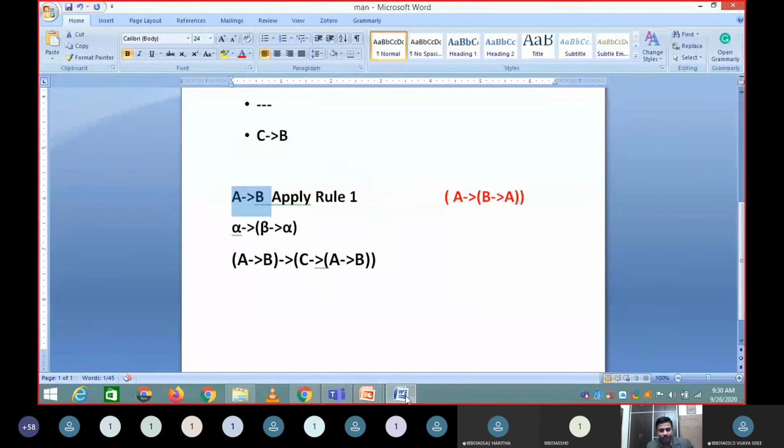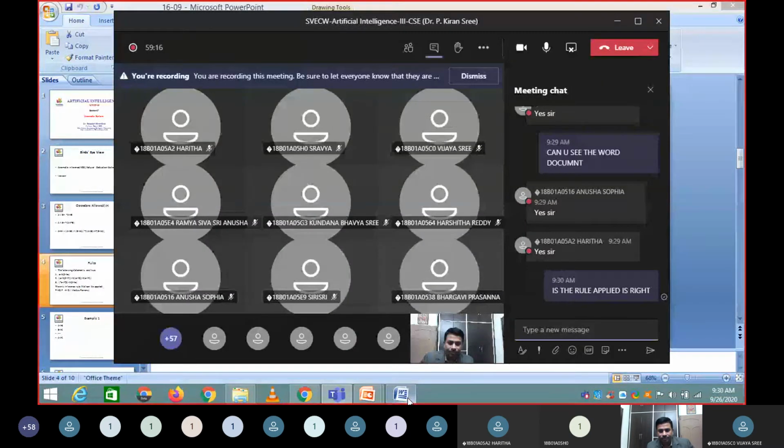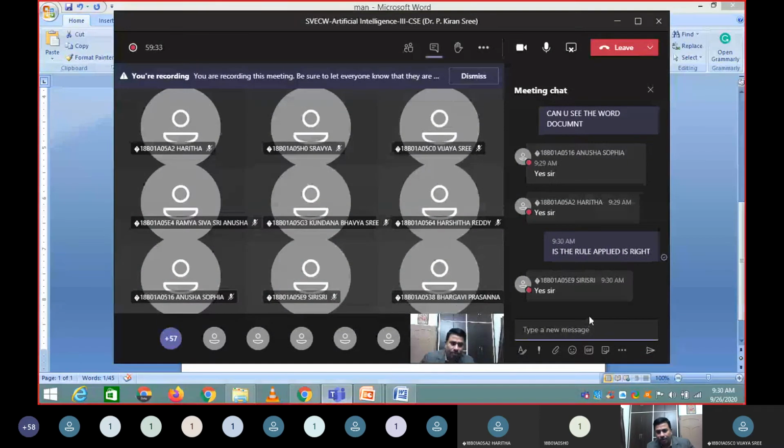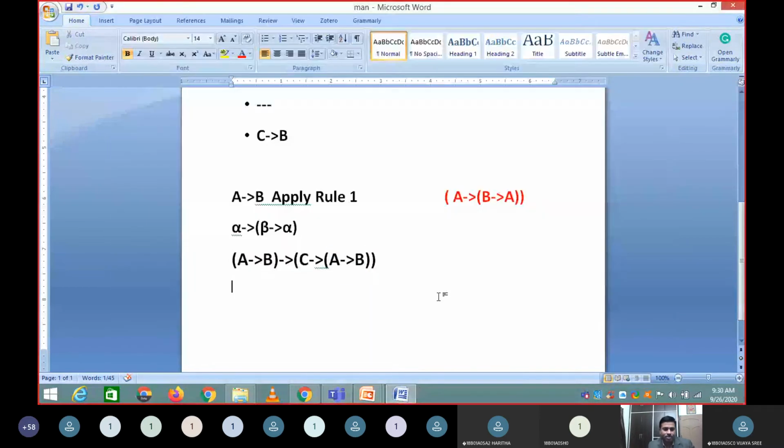See, I have taken A to B, and I said that A to B is an alpha. This is alpha, and this is alpha, and this is beta. Beta can be C or D, whatever it may be. Is the rule applied right? Okay, then I just proceed. So somebody said this rule is applied properly.